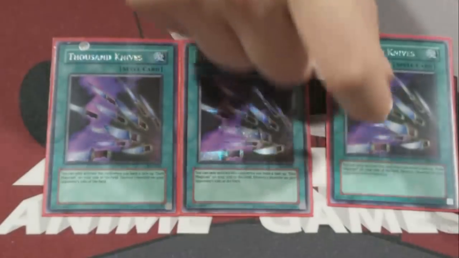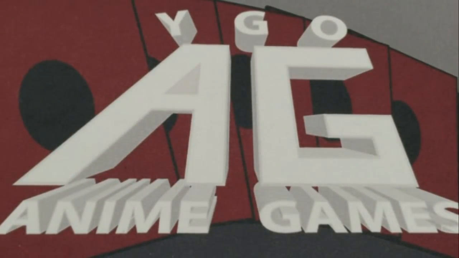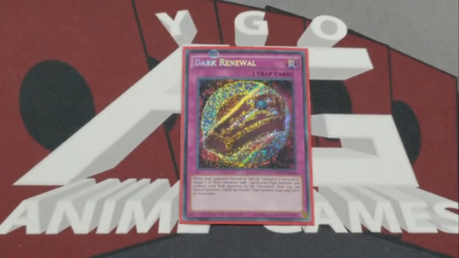Coming back now, 3 copies of 1,000 Knives. Again, this Dark Magic Curtain we had way before the Red Dark Magician. Starting up the trap lineup, and this is where actually a lot of my favorite cards are now, is Dark